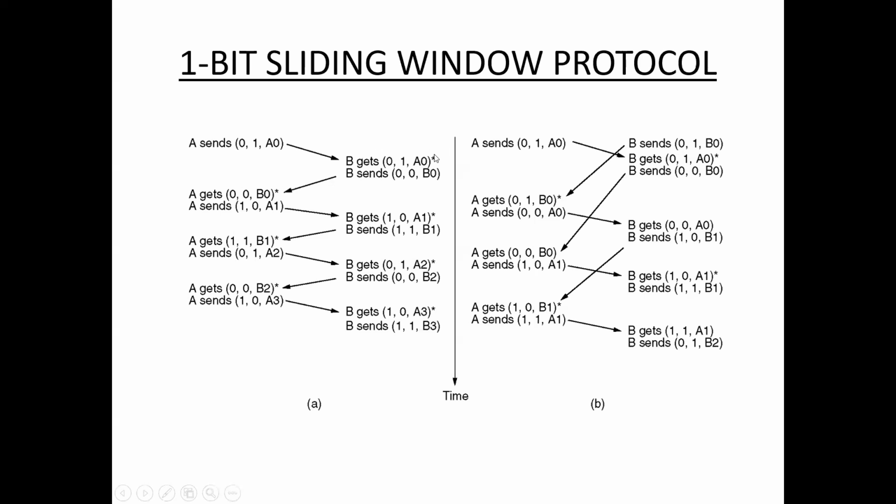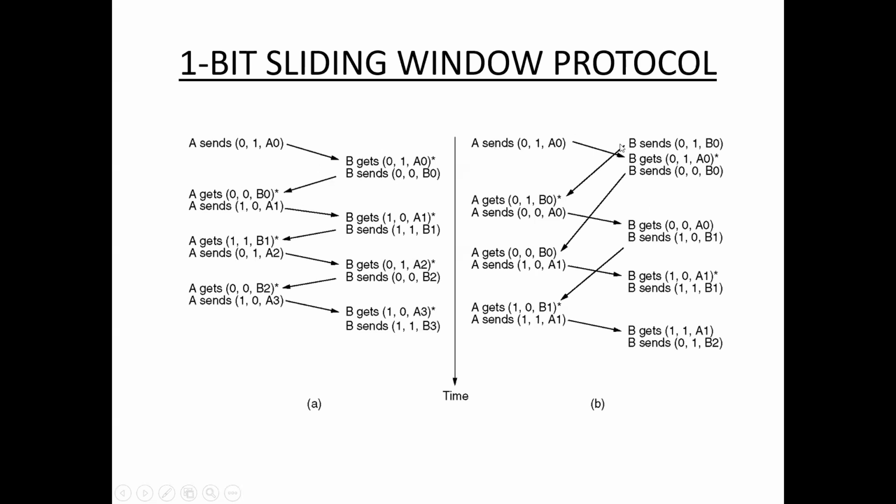See here, the star represents that each frame brings a new packet for the network layer. Next, in scenario A, on the left side, there are no duplicates. In scenario B, there are some duplicates. Now we see those duplicates.